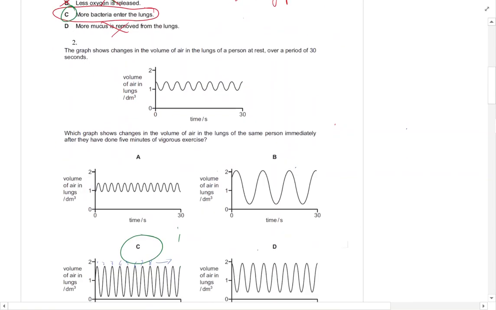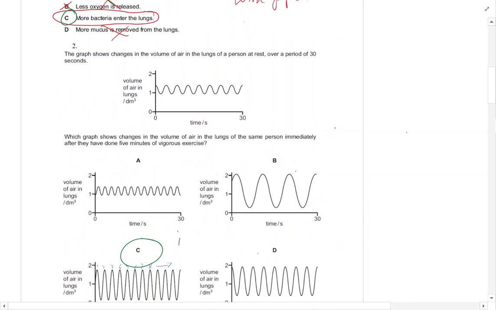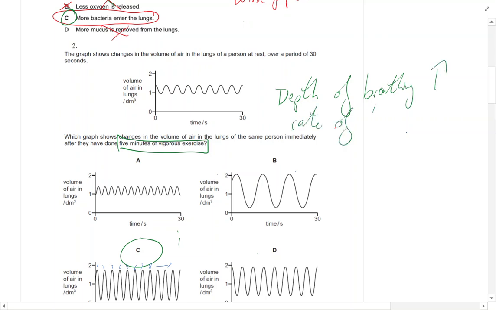Question number 3. The answer should be C, and the reason for this is after 5 minutes of vigorous exercise, the depth of breathing will increase and the rate of breathing will increase. So what that means is we're looking for it to speed up and we're looking for it to get bigger. Depth of breathing corresponds to the size, so a bigger trough and peak, and the rate